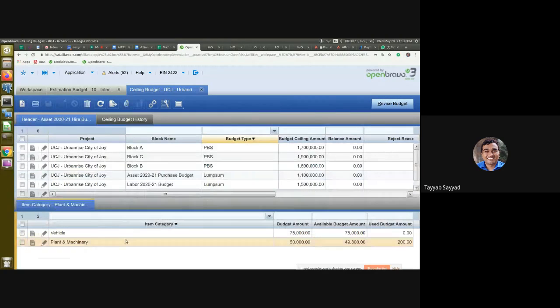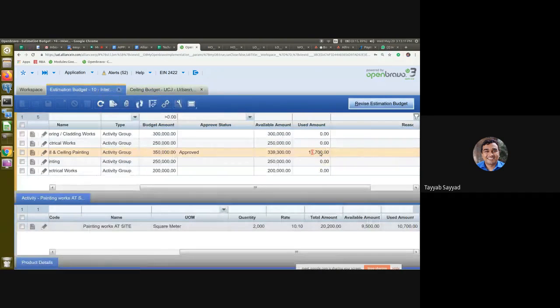Here I used one item with a 200 work order I created. So 200 got used in this one, and the available budget is 49,800. As soon as you create the orders, the used amounts get added, and the available budget amount keeps on reducing for that lump sum block, for that item category, and for that previous activity also.